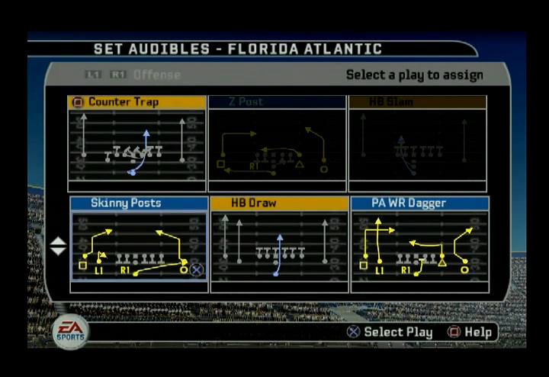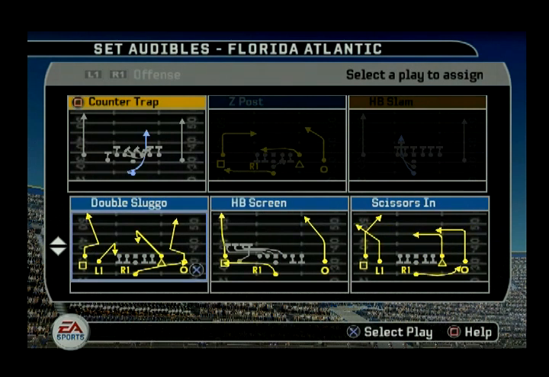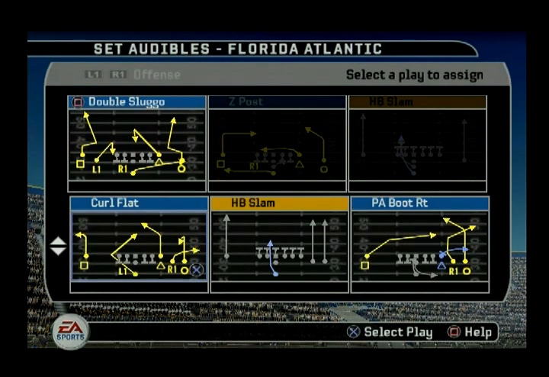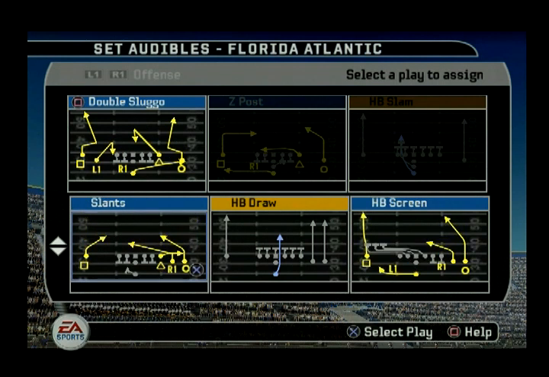Seamers, let's see, skinny post is new to PA wide receiver dagger, double sluggo, scissors in. You've seen me call that play quite a bit from a bunch of other different formations. I love that concept. And let's go wide trips. Not a whole lot of new stuff in here, but